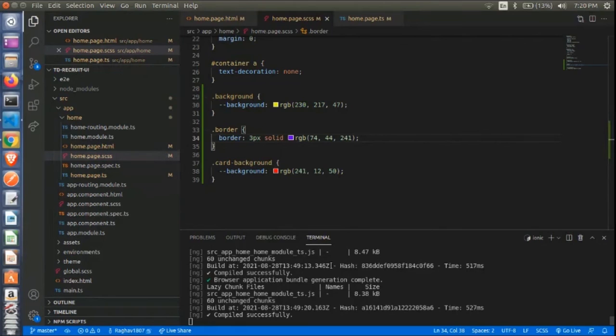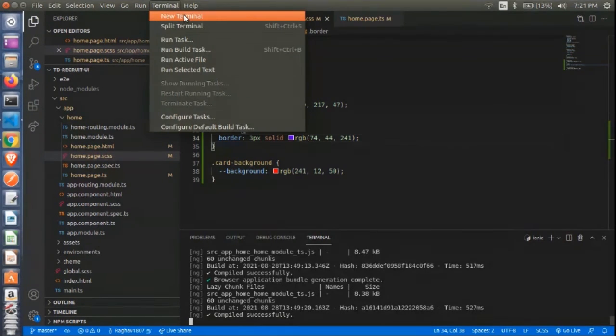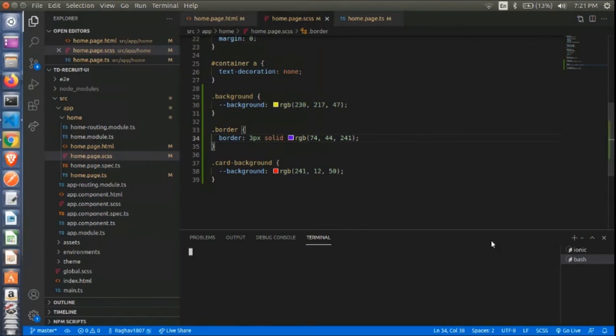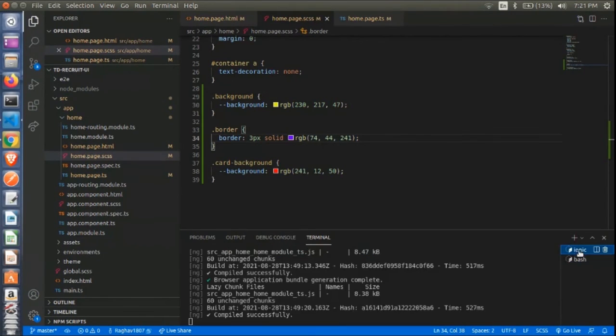Okay, so now I will be showing you how to navigate between pages. For example, to navigate between pages, you can create a new terminal again. So you can see there are two terminals now over here, on the right hand side. One is bash and one is Ionic, in which we have run the Ionic serve command.